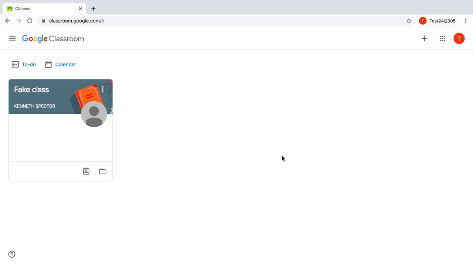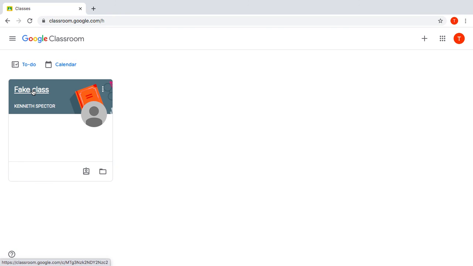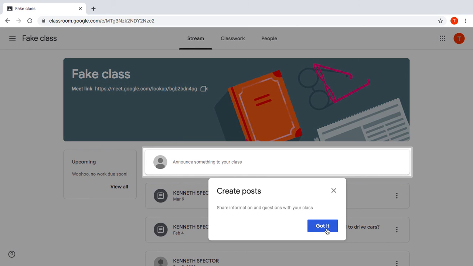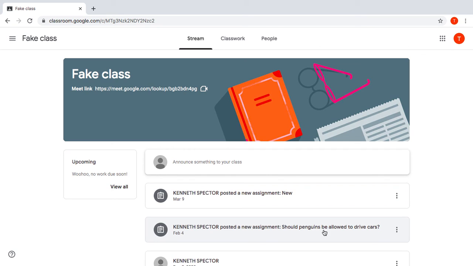And there you go. Now you'll know because you press this little circle, the lower circle, and look, here's my @nycstudents.net. And then I'll click the class. Mine is called Fake Class. Got it. And now I'm in to Google Classroom.